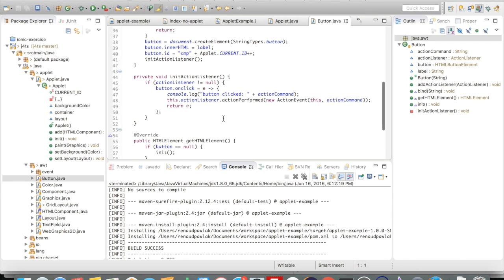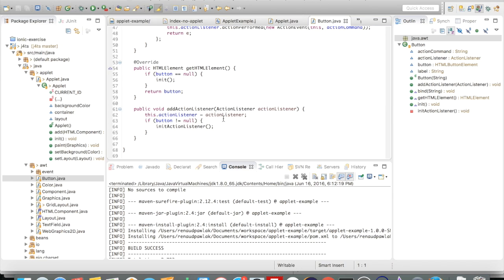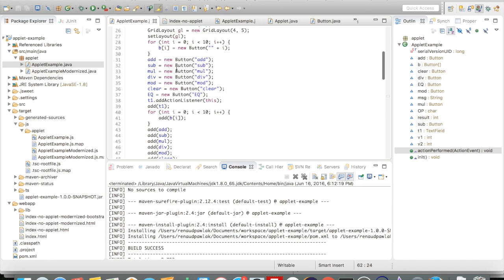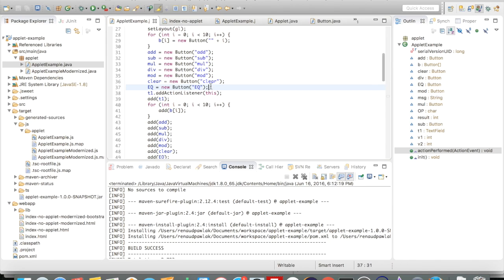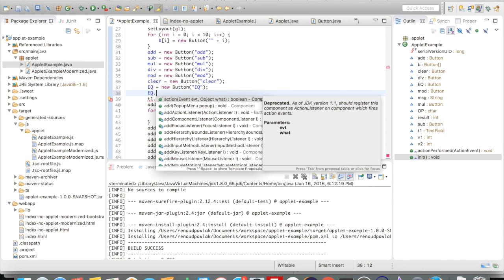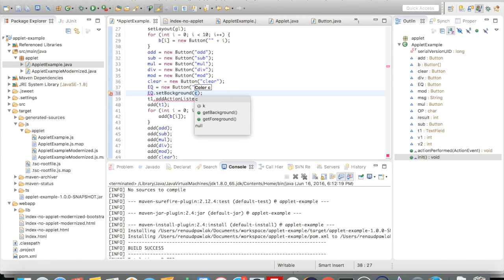Let's now see how to extend the Java support for other existing applications that you would want to migrate. What I'm going to do is add a blue color to the equals button of the calculator. To do so, I need to call the AWT setBackground function on the button. As you can see, when I'm calling this function, J Suite immediately reports a problem. That's because my button implementation does not